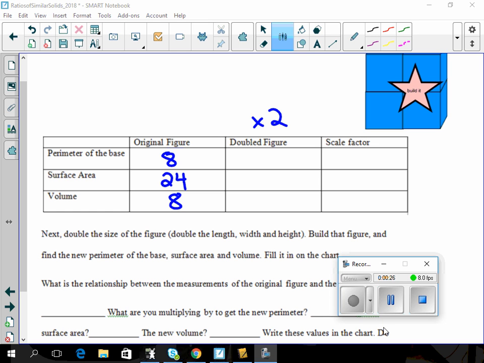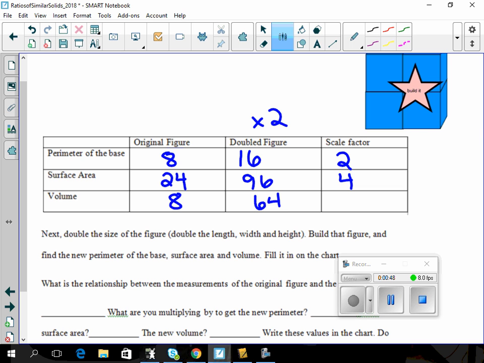What was the new perimeter? Okay, and what was the new surface area? And then it was good. And so what I think we talked about, or at least I'm hoping that we said, is, what's the relationship here? So 8 times what is 16, and then 24 times what is 96, and then 8